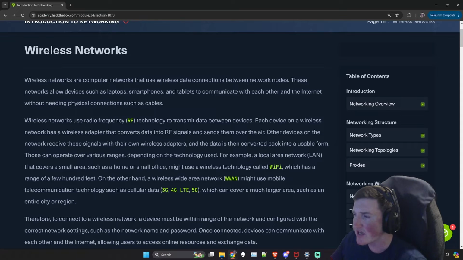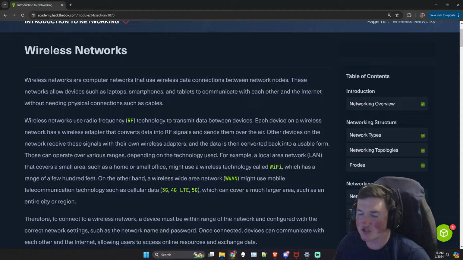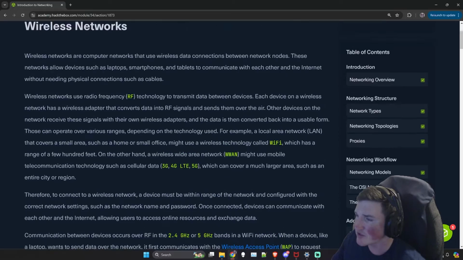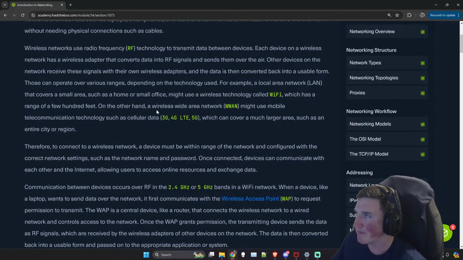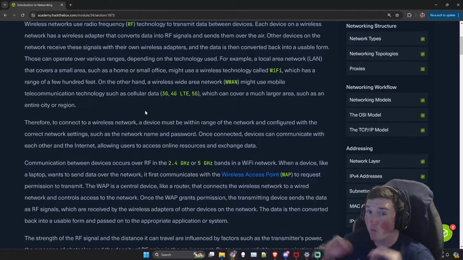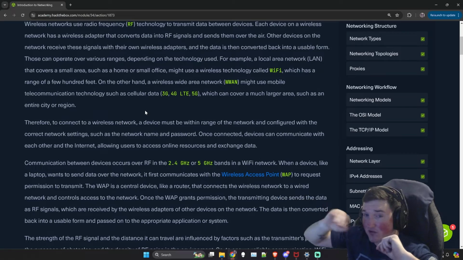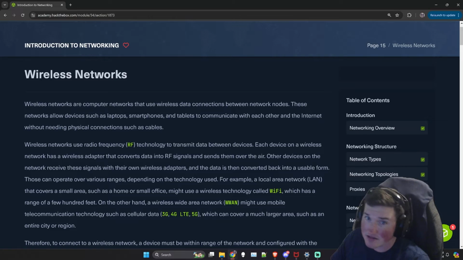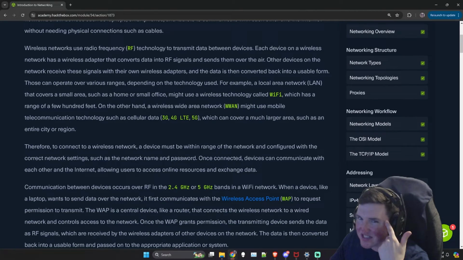So wireless networks. A lot of people think of wireless networks and they think of just Wi-Fi, right? That's just not the case. There's wireless networks all over. There's Bluetooth, there's Wi-Fi, there's RF, there's 5G, there's LTE, 3G, the older school stuff. There's all kinds of them, right? I'm not going to dive too deep into all of them, but just know that anything that goes wirelessly is sending out frequencies, is wireless. Makes sense, obviously, but not everybody thinks of them that way.